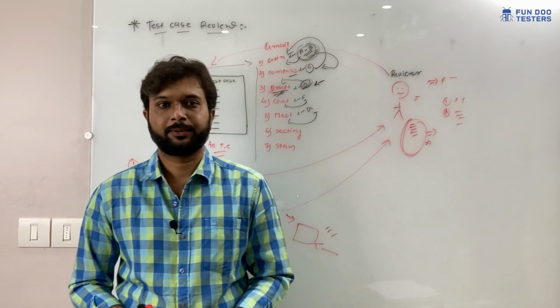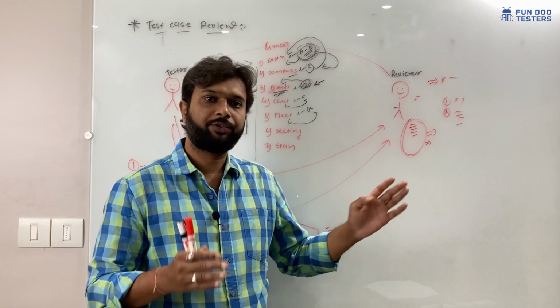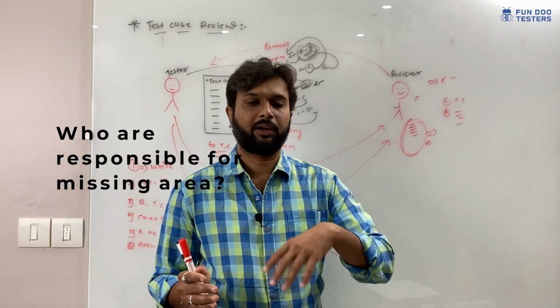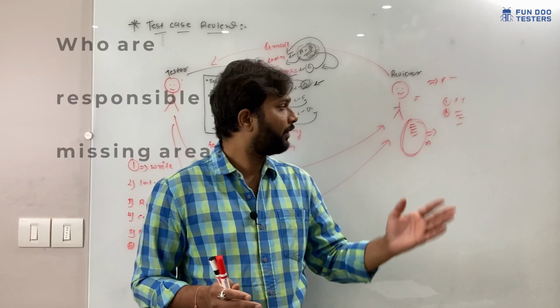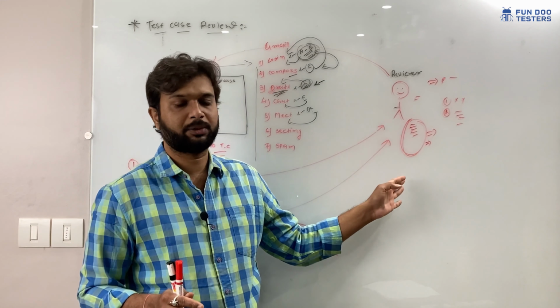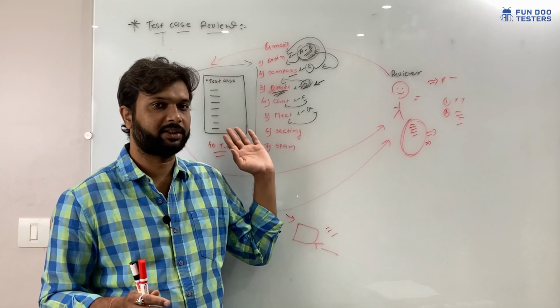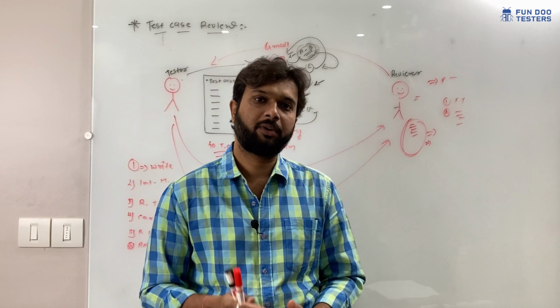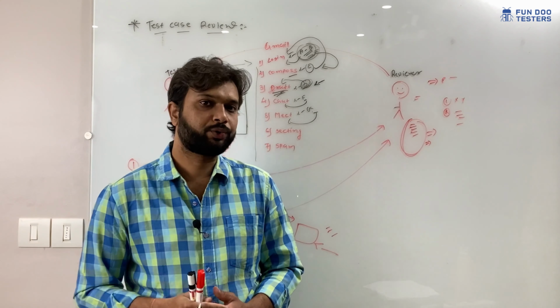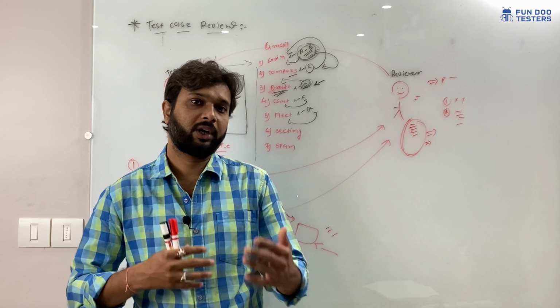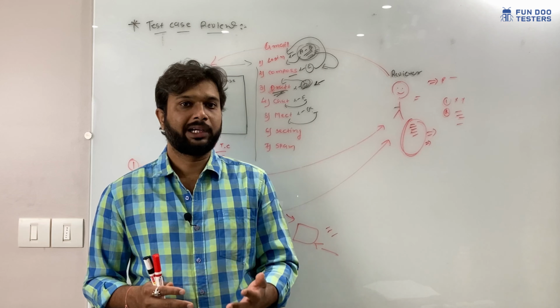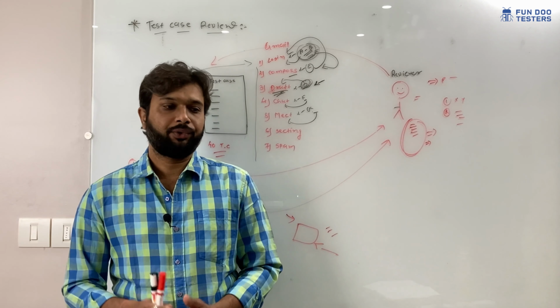And one more point is, after a successful review, if anything is missed or any bug slips into production, the reviewer is not solely responsible for that. The reviewer and tester both are responsible for the missing area. And what usually will they find in the review process, what kind of bugs or what kind of glitches can they find in the review section?